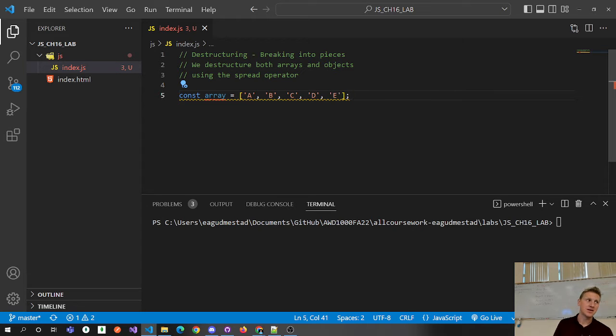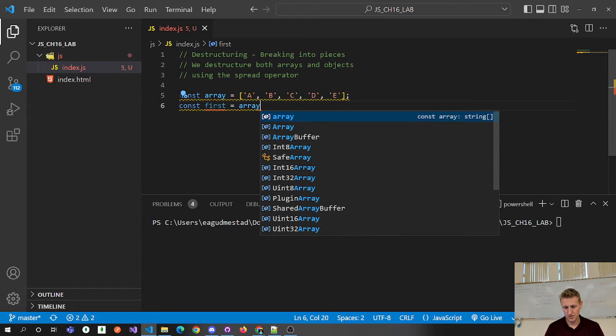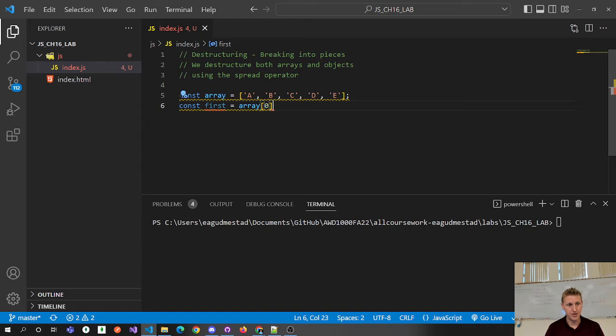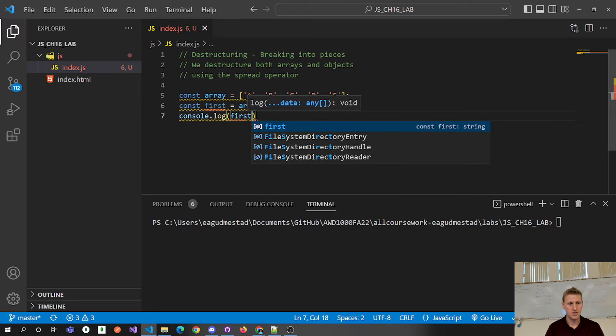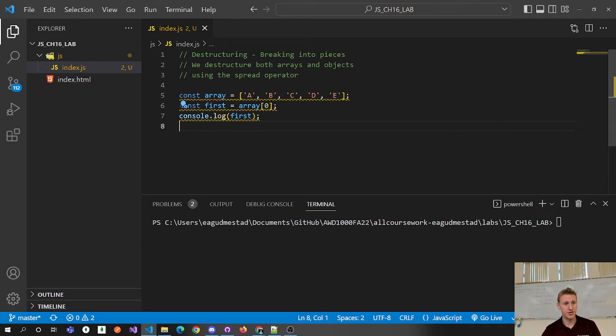In JavaScript, if you just wanted to store the first element, you could destructure this without anything new, and you could probably imagine what this is going to print out. And if I run this in the terminal using Node,